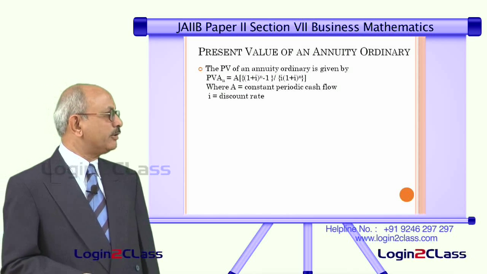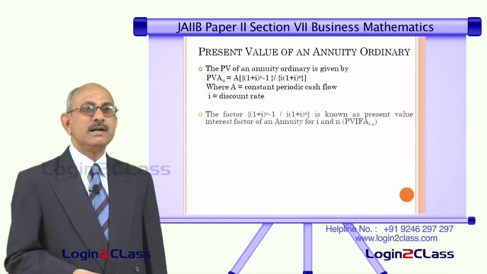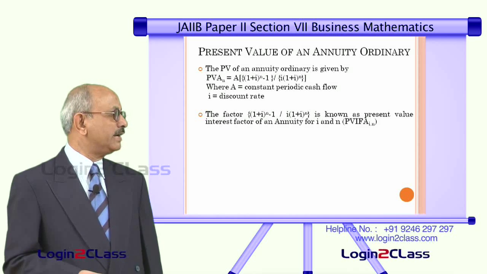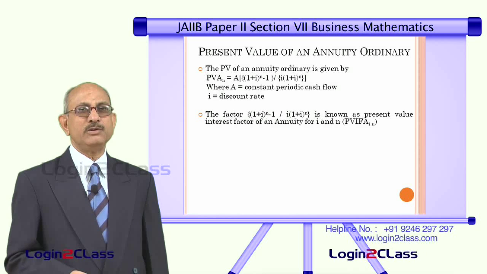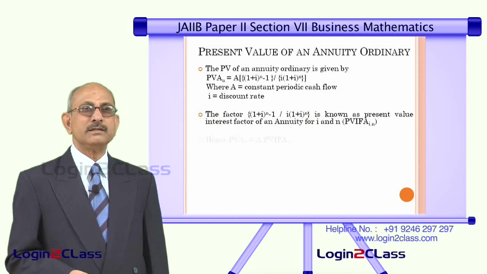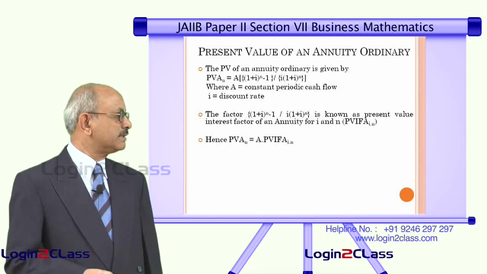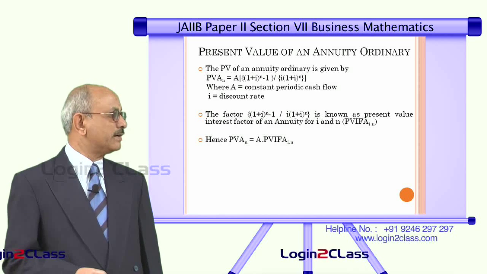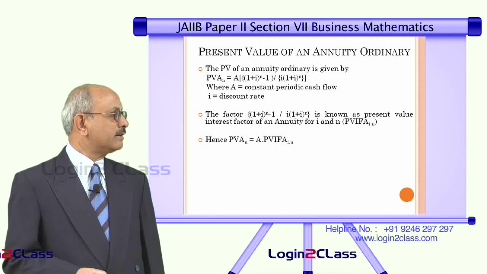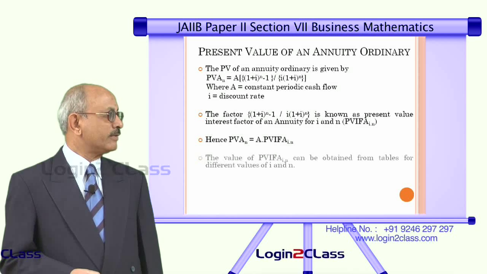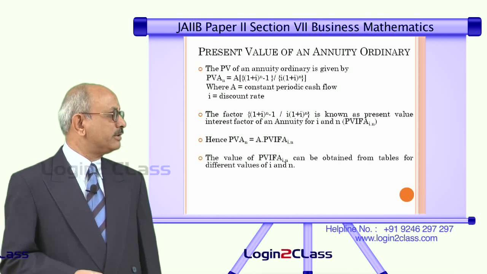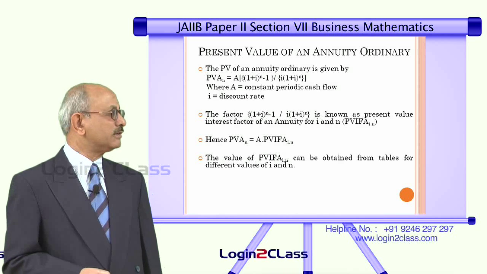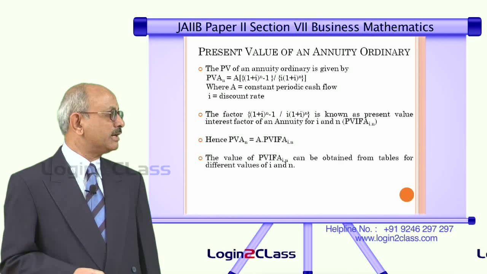So, the formula for annuity ordinary, where the payments are at the end of a particular period, is given by PVAN. PVA means present value of annuity, N symbolizes the number of periods. It is given by A into (1 plus I) raised to N minus 1, whole divided by I into (1 plus I) raised to N. So, A is called the constant periodic cash flow. So, if the cash flow is, let us say, 1000 rupees per month for 5 years, then N becomes 5